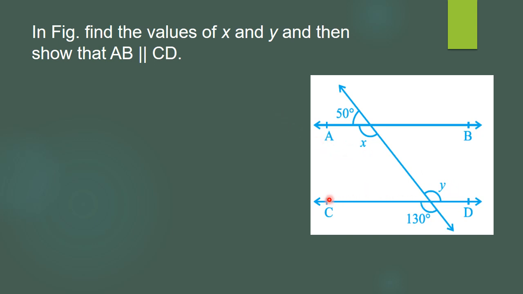Now for that, first, what we can say: this line CD and this line are intersecting at one point here. So what about these two angles? They are in front of each other, so we can write these as vertically opposite angles. While here, this is a straight line and this is a ray standing on it, so this is a linear pair of angles. So using this we are going to find out the value of x and y.